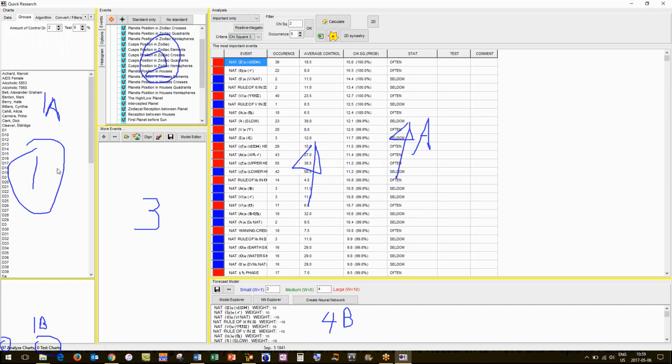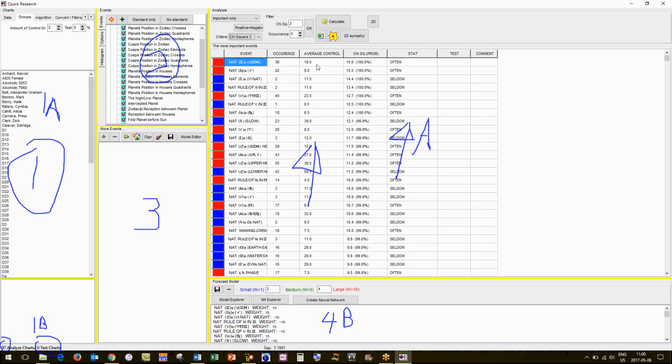So you see we've run all these tests on the sample group here, and we find that it's kind of hard. You'll see it in the video probably a bit better. Let's see. So the third house has Capricorn, Aquarius, and Pisces. That comes up 36 occurrences out of these people.